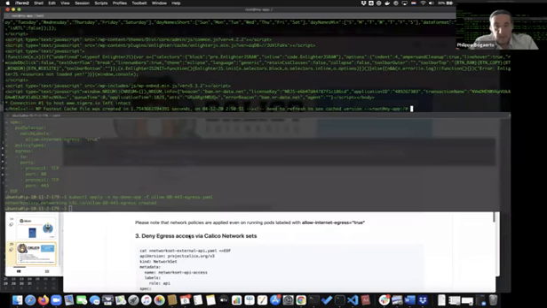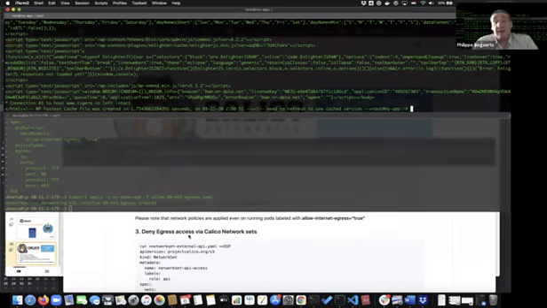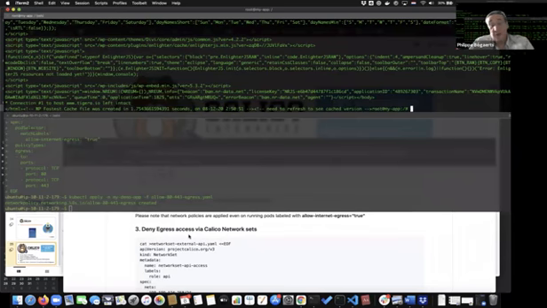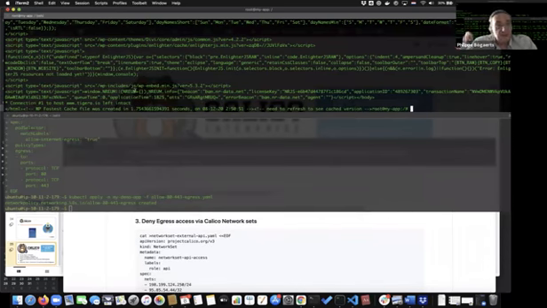All these examples up to now do work inside of Calico open source. Yeah, but you have to have Calico open source, not Kubernetes. Yeah. So in the next example,